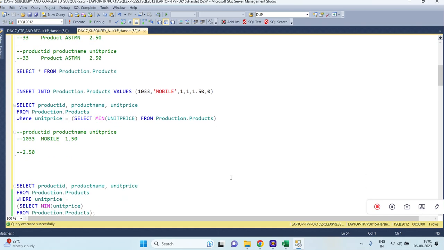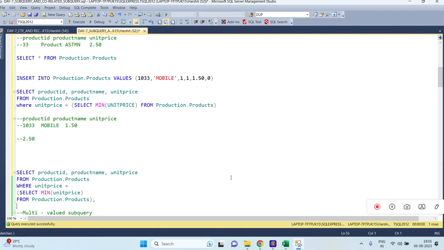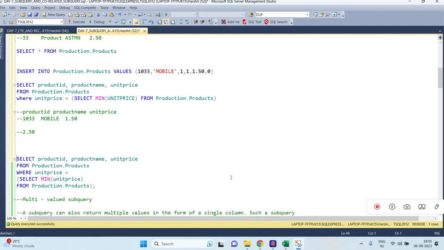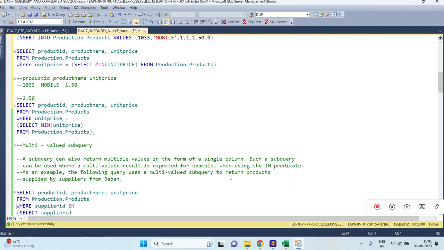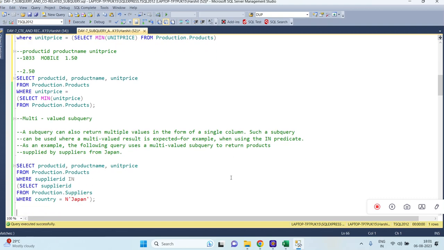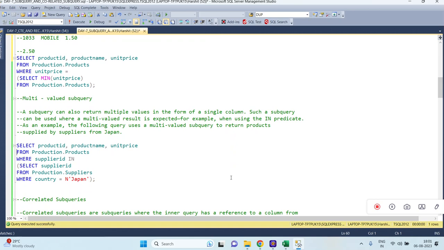So now let's move to another type of subquery, the multi-value subquery. A subquery can also return multiple values in the form of a single column. As an example, the following query uses a multi-value subquery to return products supplied by suppliers from Japan. So now we have used the same query over here,